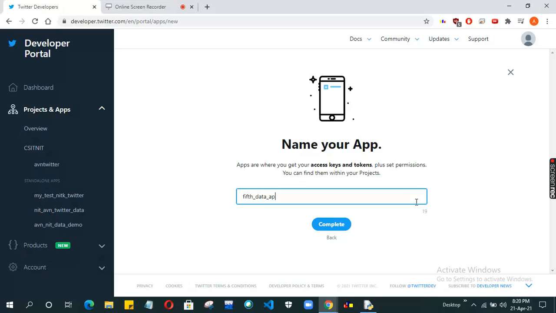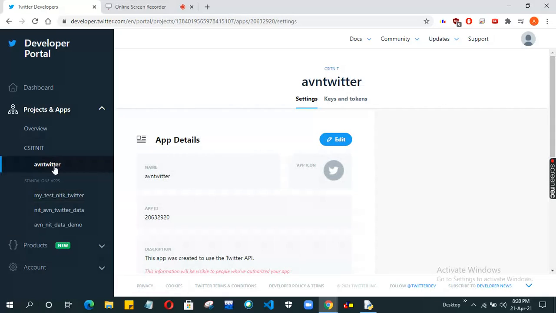Your app name should be unique. Actually, I already created 3 apps in a day, so I can't create any more. You just give an app name and complete it, and Twitter will show you the API keys. I will start with my previous app, AVN Twitter.